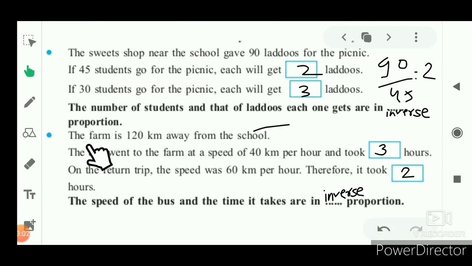The next experience of the students was, the farm is 120 km from the school. The farm was 120 km from the school. The bus went to the farm at a speed of 40 km per hour and took